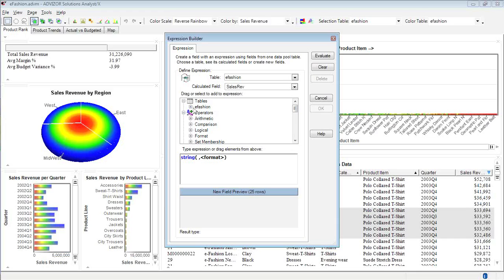Now I need to find the sales revenue field, which again I can type in or select from here by double clicking. This is where I put in the format. I'm going to delete this, and I need quotes and a % sign, and I want 2 decimal places, so I'm going to go .2 and then lowercase g,